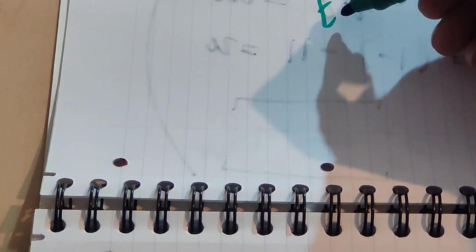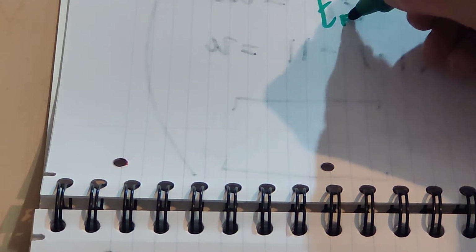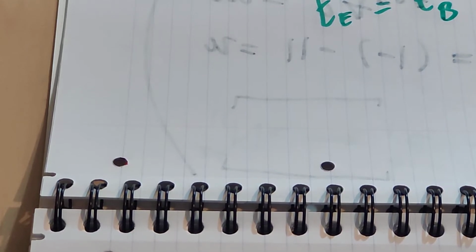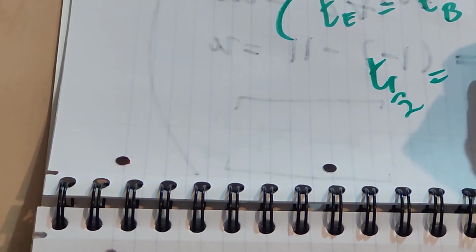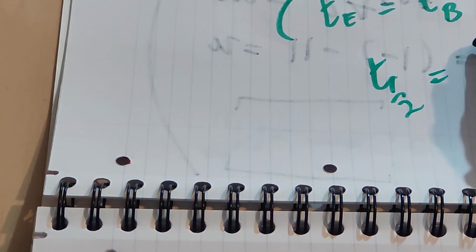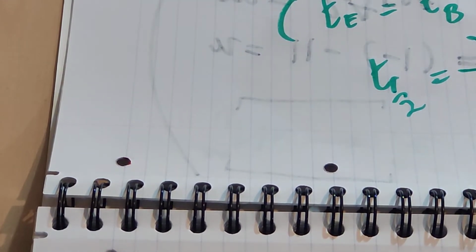But the most commonly used formulae are T effective equals T biological plus T physical, all inversed, and then T half equals ln 2 divided by lambda. Then you have activity equals minus